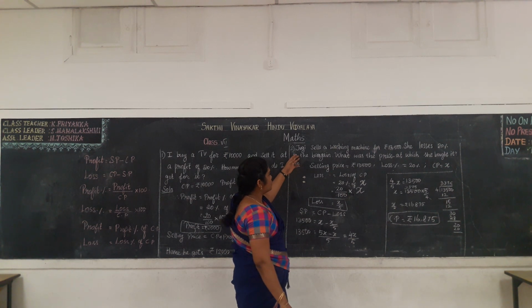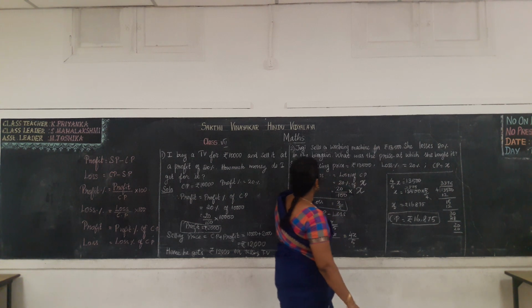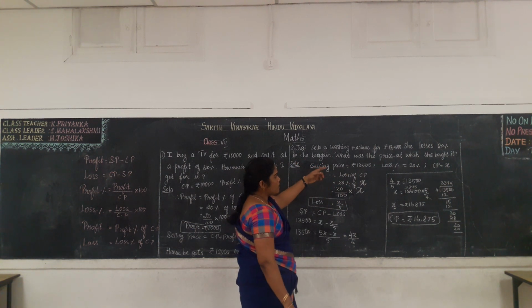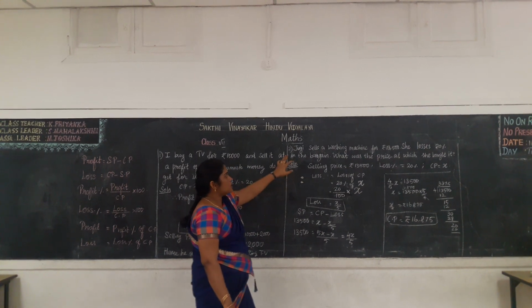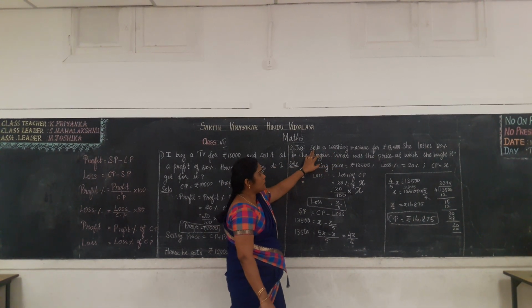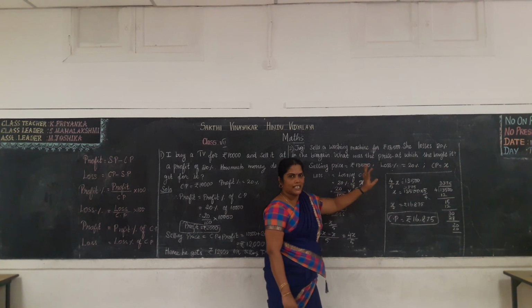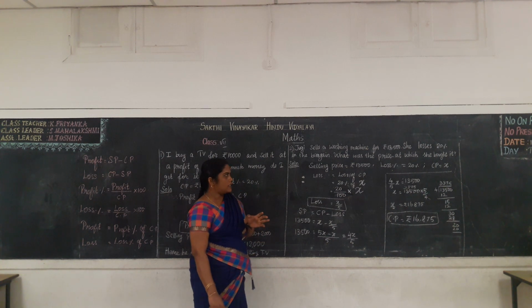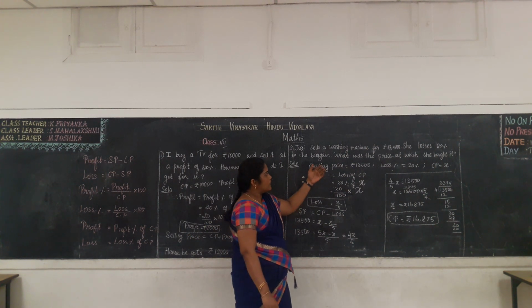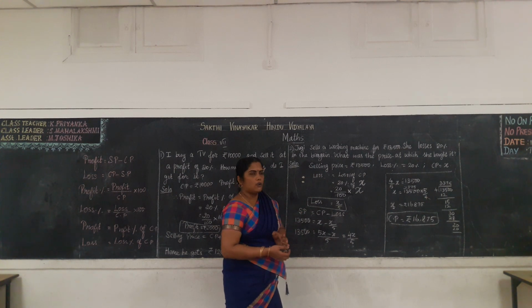Next question. Juhi sells a washing machine for 13,500. She loses 20% in bargain. What was the price at which she bought it? So in this question, Juhi sells a washing machine. So selling price is given, the amount is 13,500 and loss percentage is also given, 20%. We need to find the value of cost price. Okay. So in this question, selling price only is given, we have to find the value of cost price.